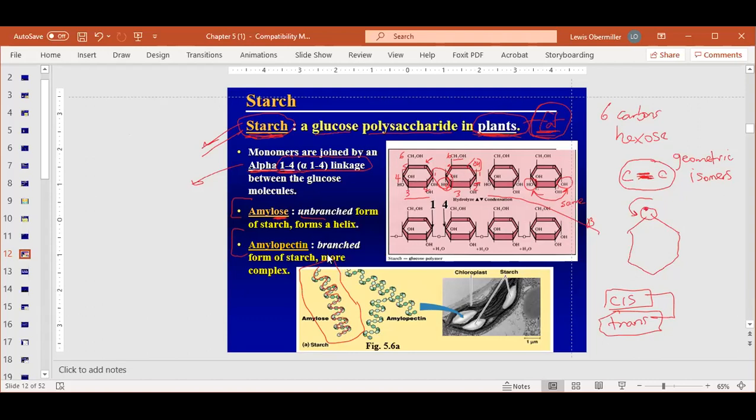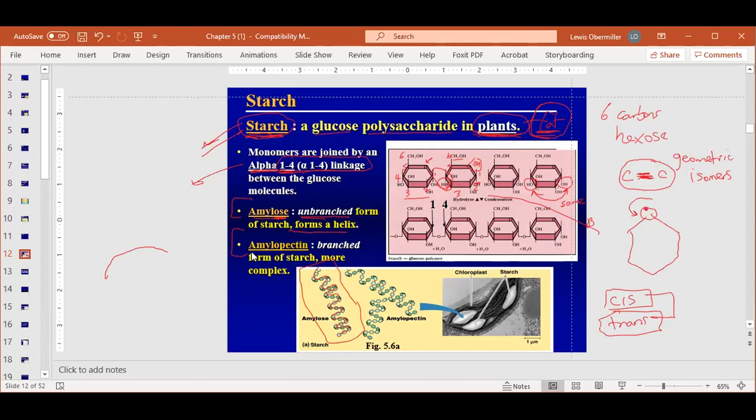You can sort of imagine if your Lego pieces had a certain shape, like they bent, then when you built your Lego tower, it would start to curve. And it's because of that. It's just the structure of these molecules that cause it to bend that way. So amylose is not branched, it's linear, and it forms a helix,